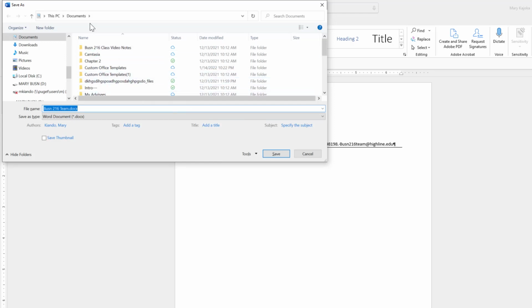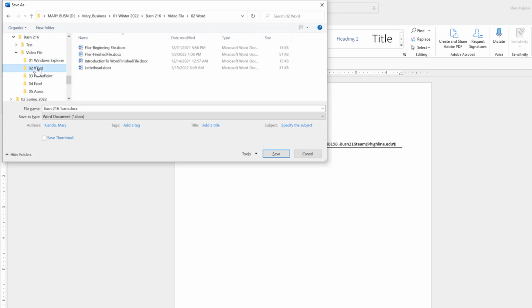And you can see once I F12 to save that, the template doesn't recognize the location where we had saved it, since it is opening as a new file or as a new Word document. So I will scroll down to search our location, and right there is the name of our folder. So I'm expanding that, and I'm expanding that, and I'm expanding that. And right here I can see our Word folder, which is where we would like to save it. So I will click on that,